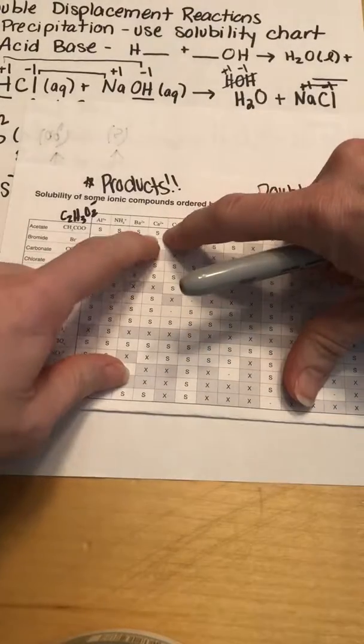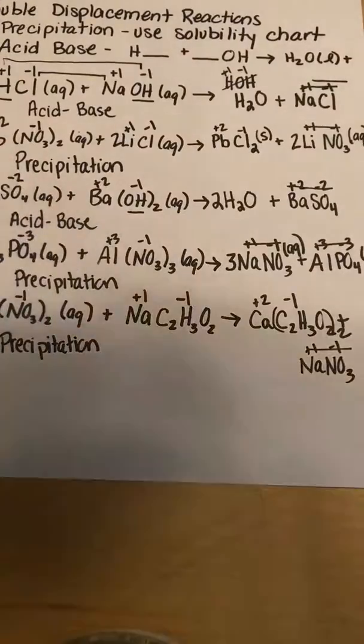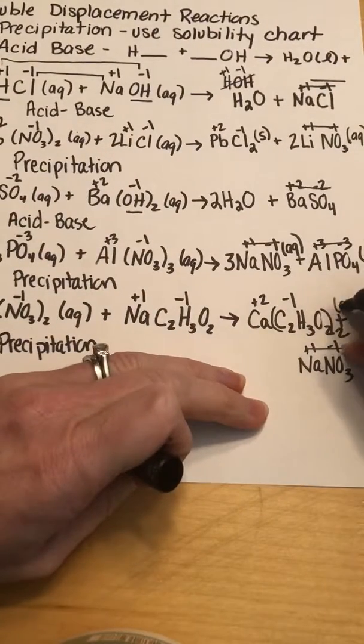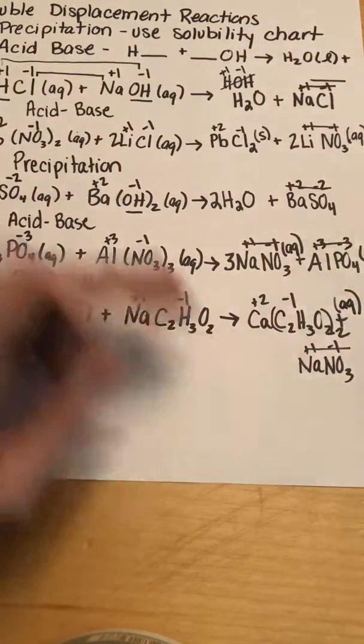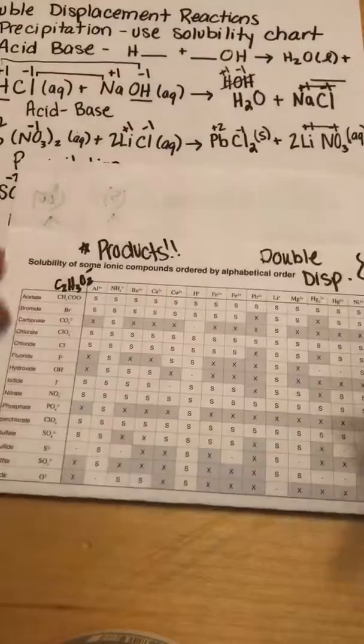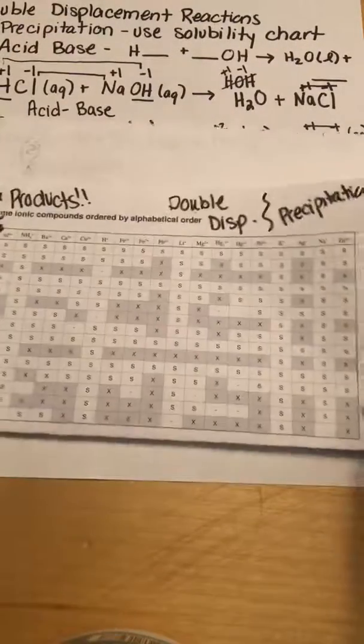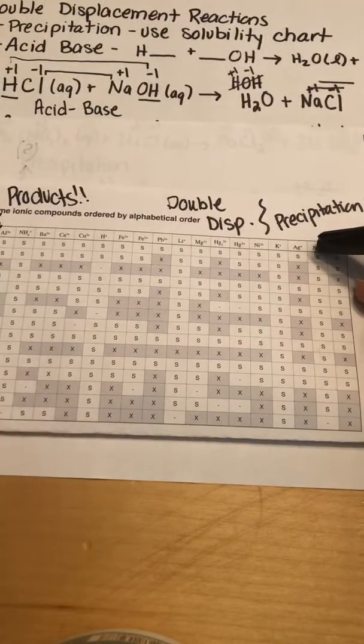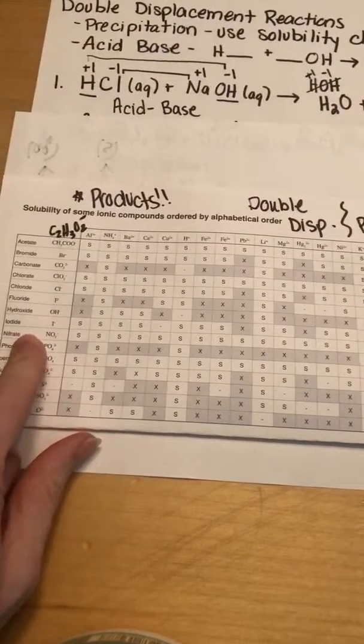So if I take a look at calcium acetate, I see the capital S, which means soluble, and soluble means I'm going to put the little AQ sign next to it. And then next I have a sodium nitrate. So if I look up my sodium in my nitrate over here and see where